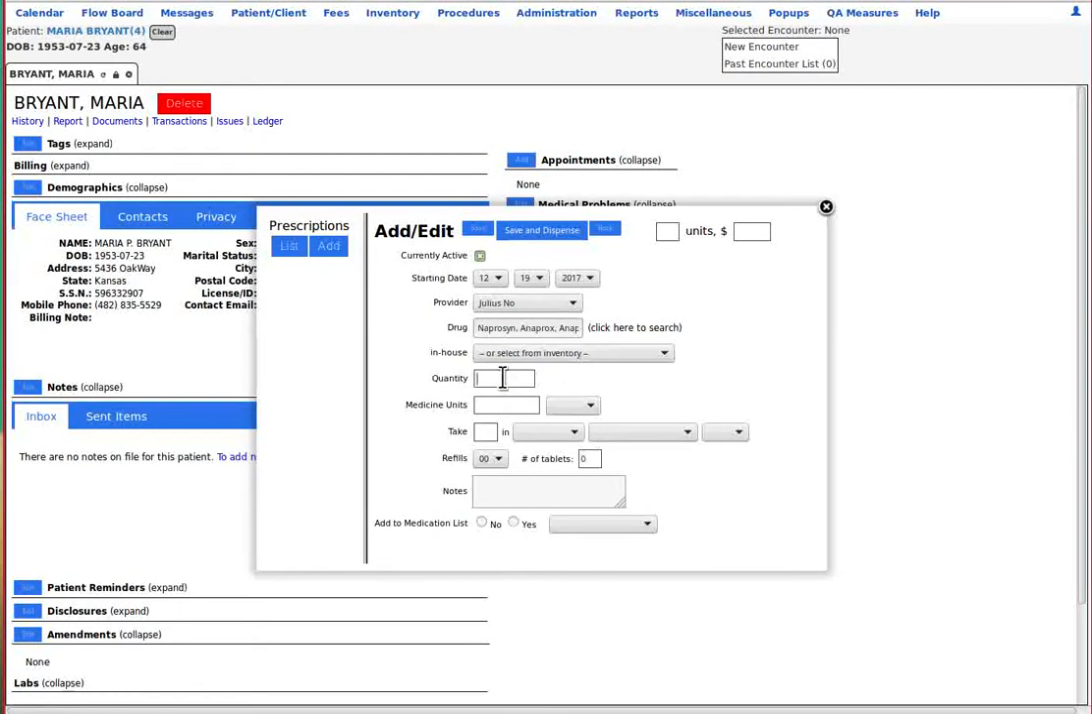Okay, quantity is total number of pills in this prescription, which we're going to give 10. Medicine units is how many milligrams. For naproxen, we're going to give them 500 milligrams. But you see the other units that are possible for other prescriptions there. Now take number of pills in each dose, 1,